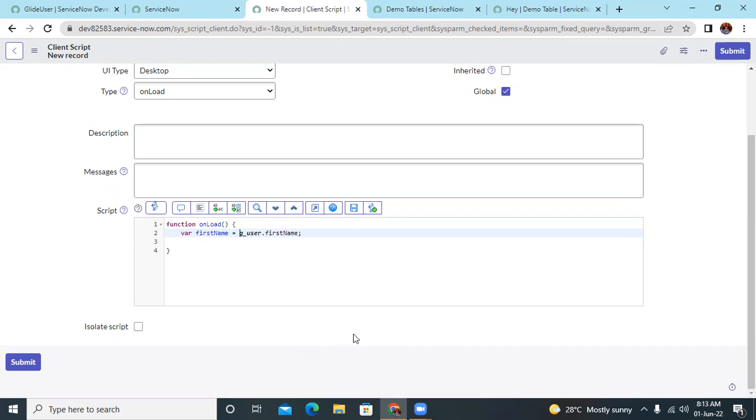First name is the current logged in user's first name. I want to display it, so we can use alert. The first name of the logged in user. We can say, "First name of logged in user